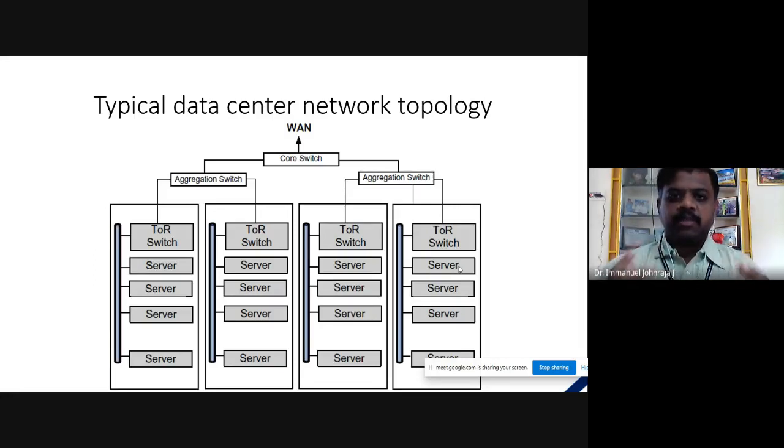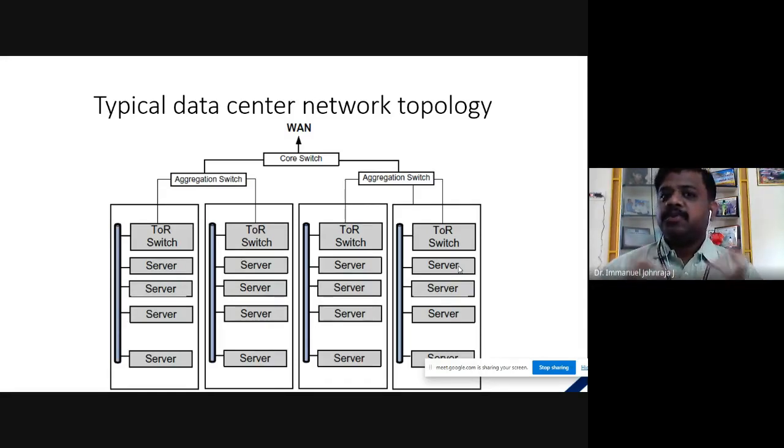So there is a common core switch which should be working in gigabits per second, if not terabits per second, and they are connected with the aggregation switch, and also they are connected to the TOR switch, which in turn connects the servers. All right, so I'm talking about the magnitude, probably the basic magnitude of a data center